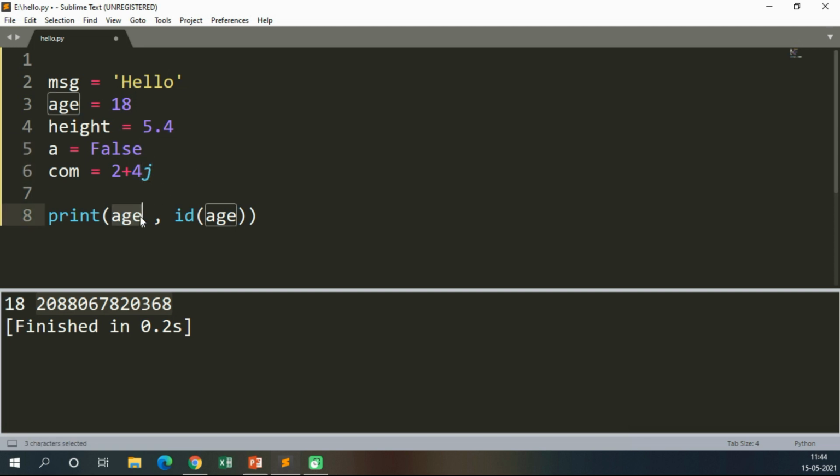Now we will print this com and the type of com. Ctrl B. See, this is 2 plus 4j, which is our complex number, and the type complex gets printed.